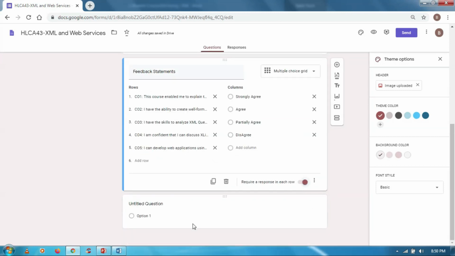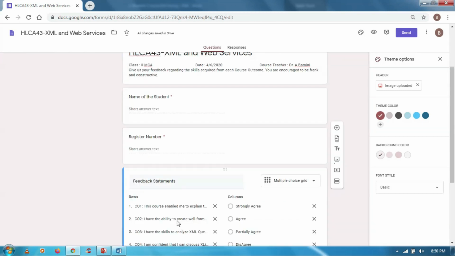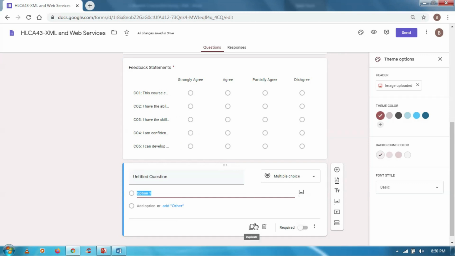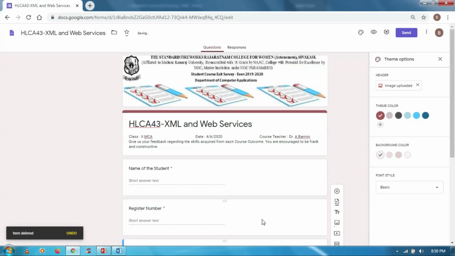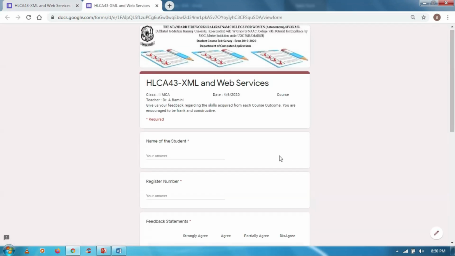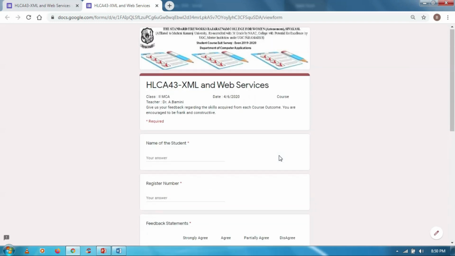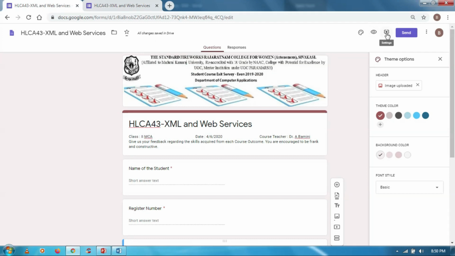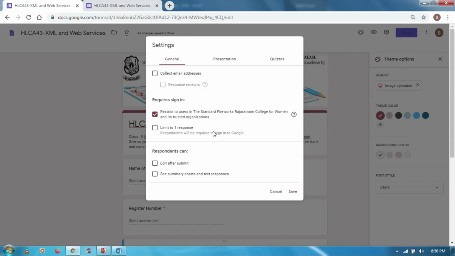Then once the questions have been typed, preview. This is how your form will look like. Then choose the settings.